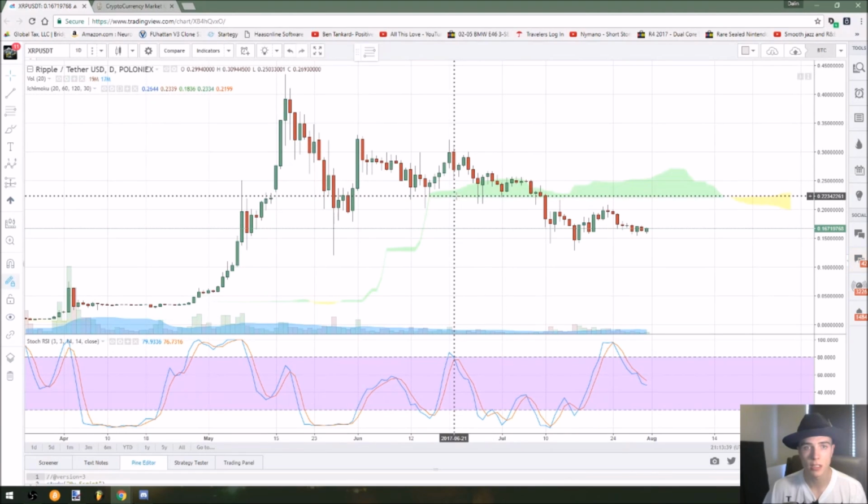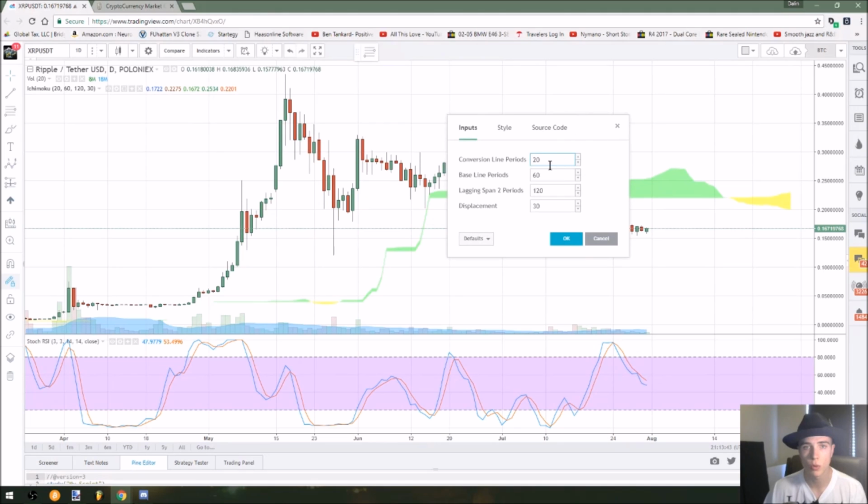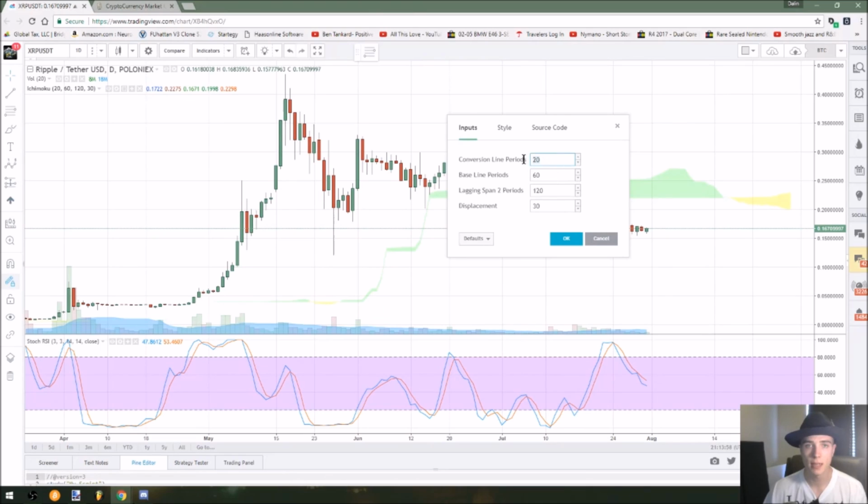If you guys don't have your Ichimoku cloud settings right, then go ahead and switch them to 20, 60, 120, 30 if you're trading cryptocurrency. And I personally don't use the conversion line, baseline, lagging span, lead 1, or lead 2. I just use the clouds for support and resistance zones. And the reason that this is 20, 60, 120, 30 is because cryptocurrency is a 24-hour market as opposed to the